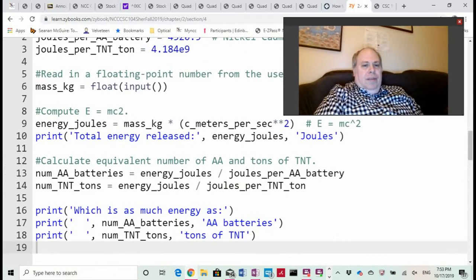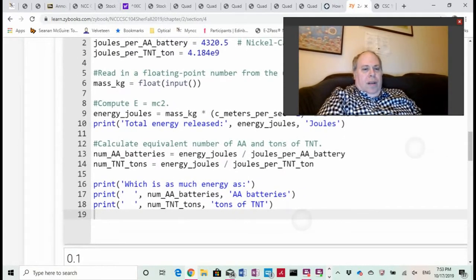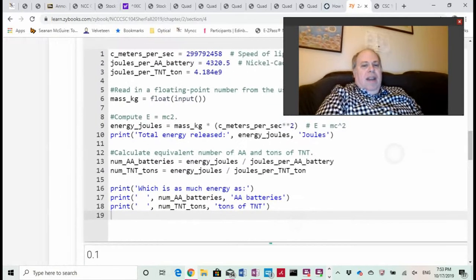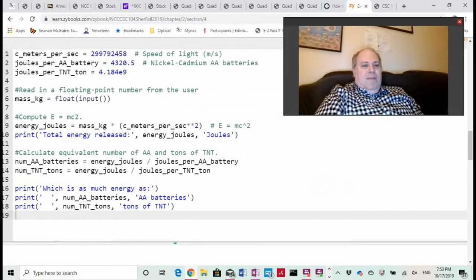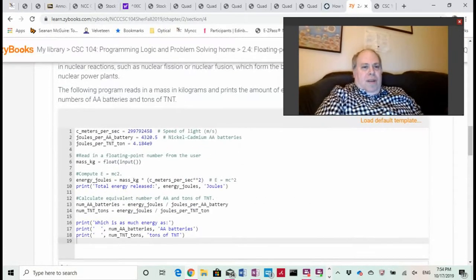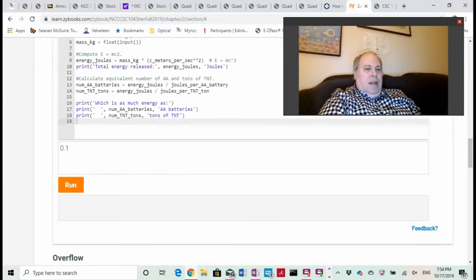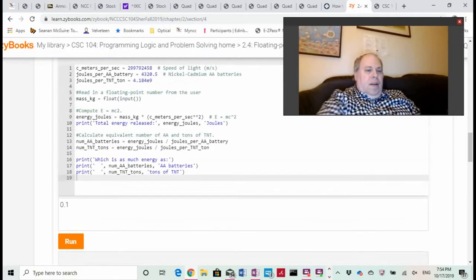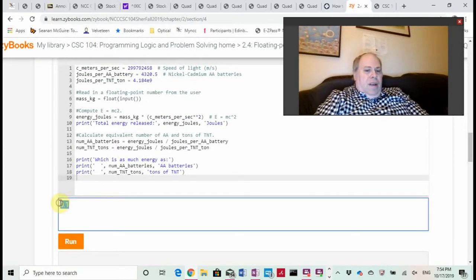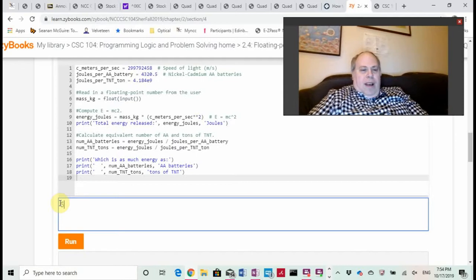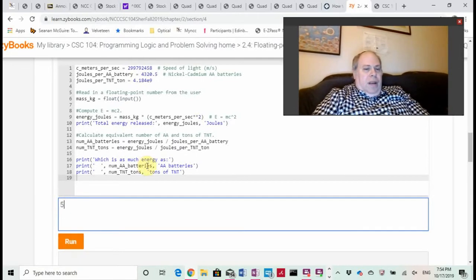Now, we can change energy back into mass. Or, okay, or here it's going to see how many AA batteries that mass you just described would form. And so let's say we're talking about 5 kilograms. I'm going to run this thing. It's going to tell me